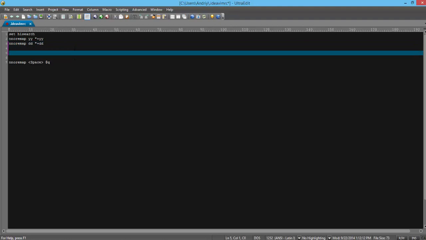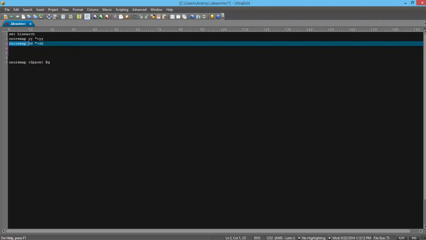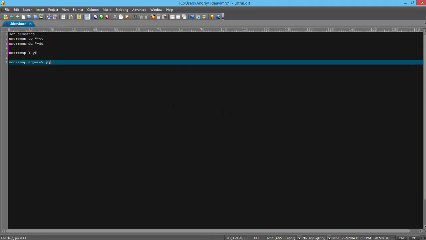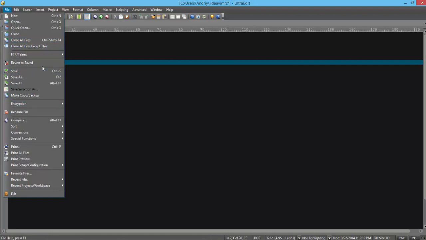I don't have Vim here, so I will just copy and paste. I want to remap uppercase Y to y$. And y$ in this case is copying until the end of the line. And when I'm editing this file, I save it with Ctrl S,